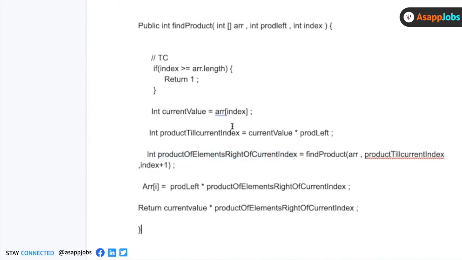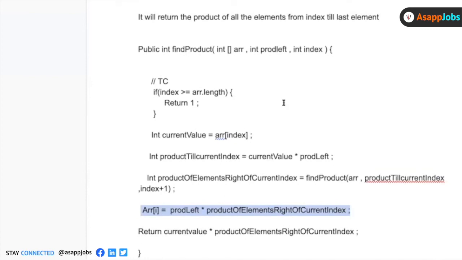By the time this whole recursive function is done, the array elements will be correctly changed. So we are not using any additional array to do it. In the same array, we are changing each position's element with the corresponding value which is needed. I'll try to repeat, and then if you have any questions, we'll talk about it. We have defined a function which creates the product of all the elements of an array from a given index till the end.